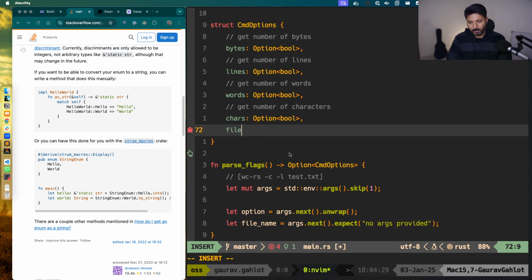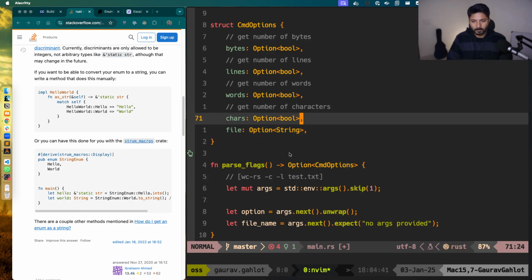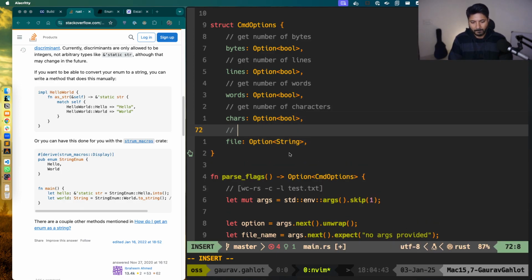When you just say file, it should also be fine. And then this is going to be a name of the